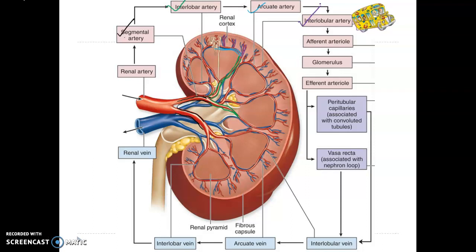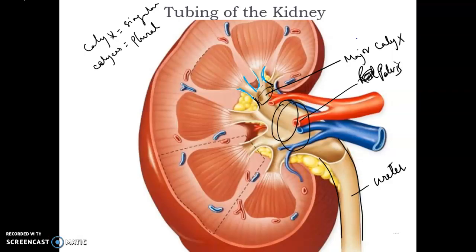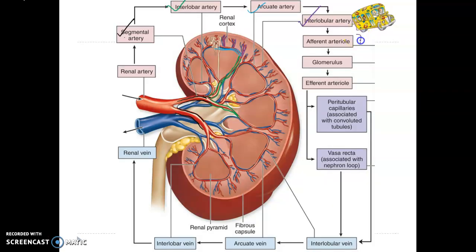Now, please pay attention. Arising from these interlobular arteries, which we don't see here, are afferent arterioles. So we don't see these here. But arising from the interlobular arteries are the afferent arterioles. The afferent arteriole leads to a capillary bed called the glomerulus, and the glomerulus then forms another capillary bed from the glomerulus,